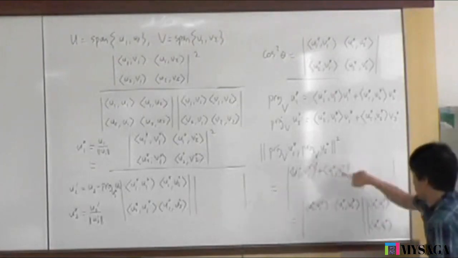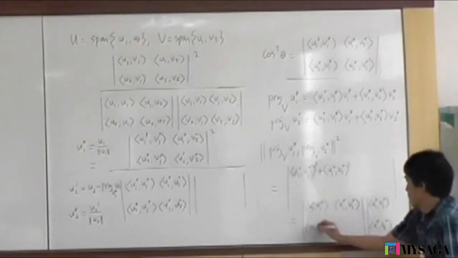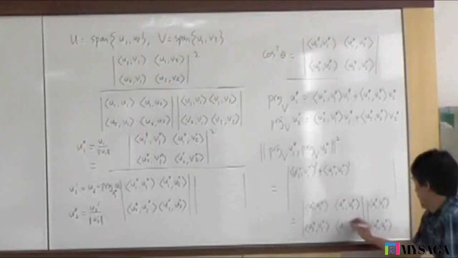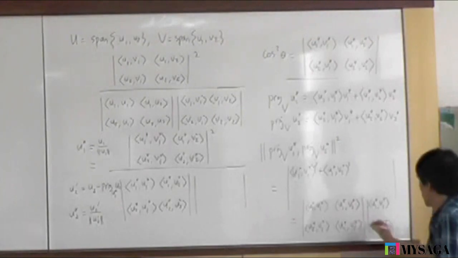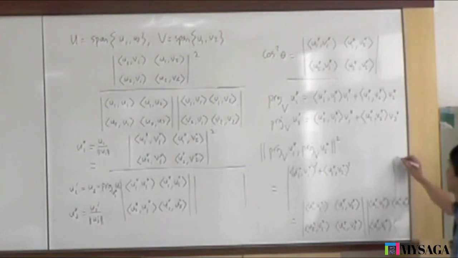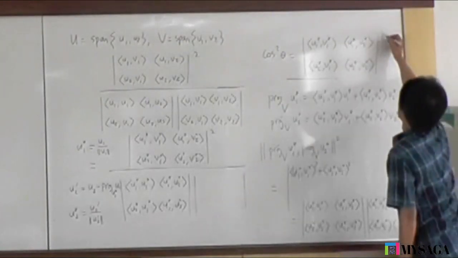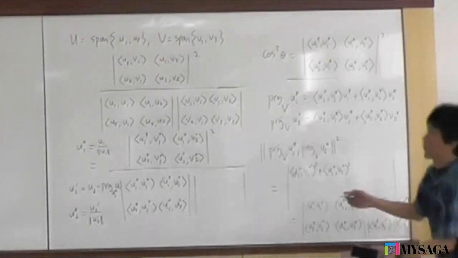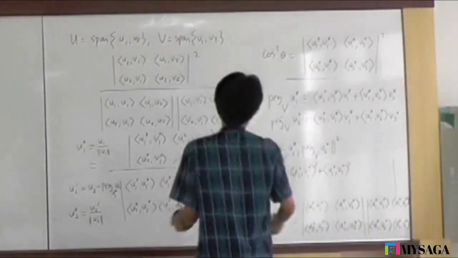This gives the first entry there, and here you get U2 star V1 star, U2 star V2 star. These are just the transpose. On the cos square theta, yes, now it's equal. But the determinant of the transpose is the same, right? So I just proved that